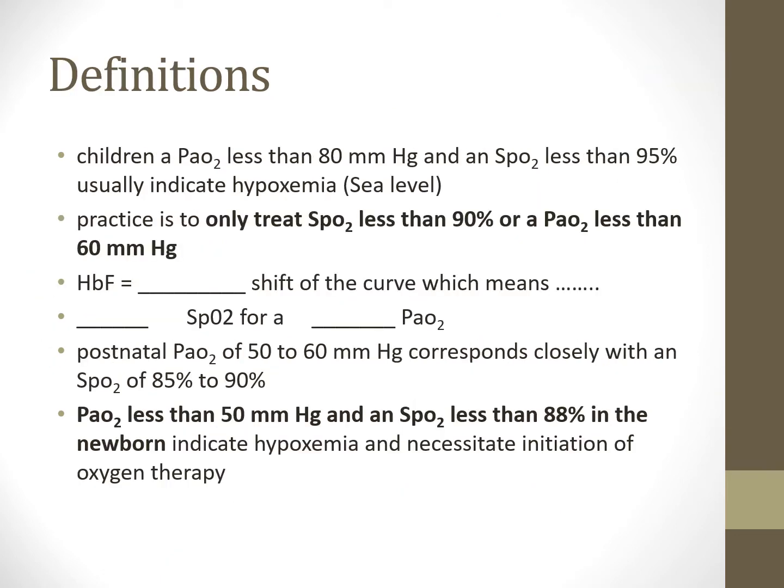All right, some definitions. So children with a PO2 less than 80 or SAT less than 95 usually indicate hypoxemia. Notice that this is at sea level, right? So if you're practicing in a place like Colorado where there's a higher altitude, then understand you're going to be a little bit lower than that, just based upon your barometric pressure being lower and therefore lower oxygen levels subsequently. So practice is to only treat a pulse ox less than 90% or a PO2 less than 60 millimeters of